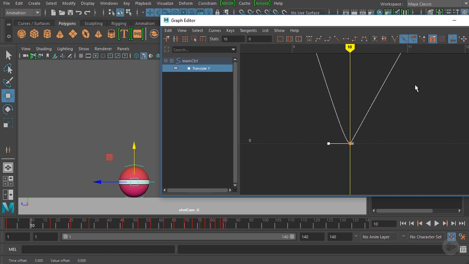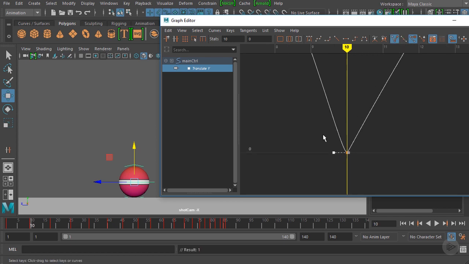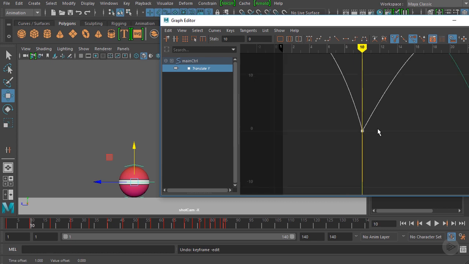So what we need to do is actually break this tangent handle. What this does is it allows us to adjust the tangent handles independently of each other. So let's go ahead and break this. Now you can see the tangent handle on the left, we can change the shape of that or the rotation of that handle independently of the other. So now we can just drag this one in